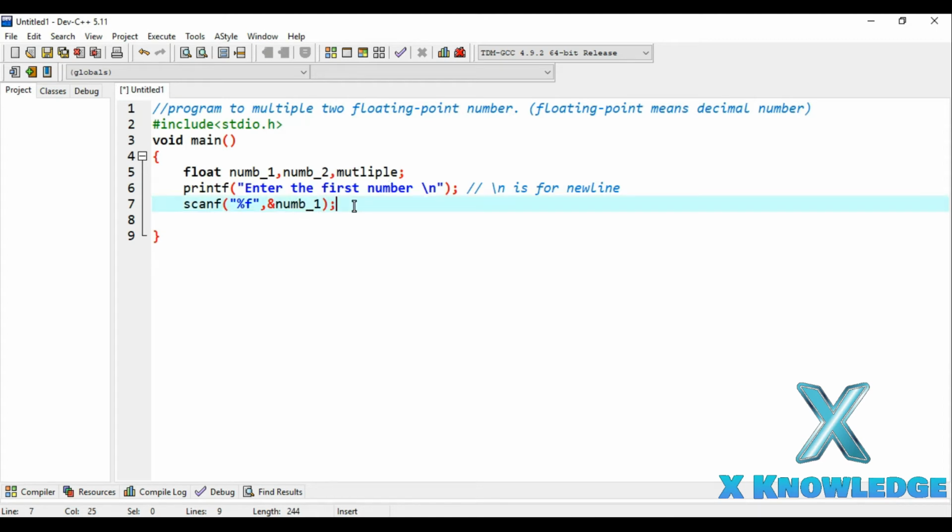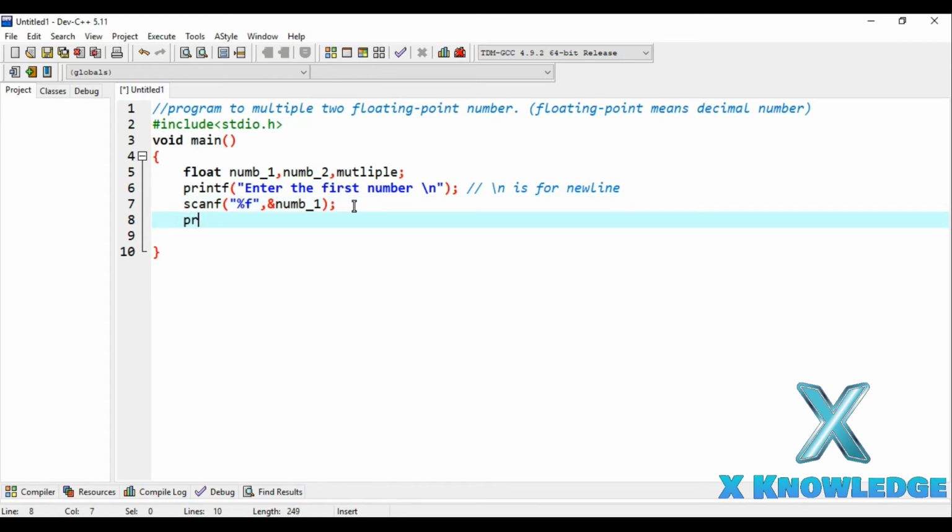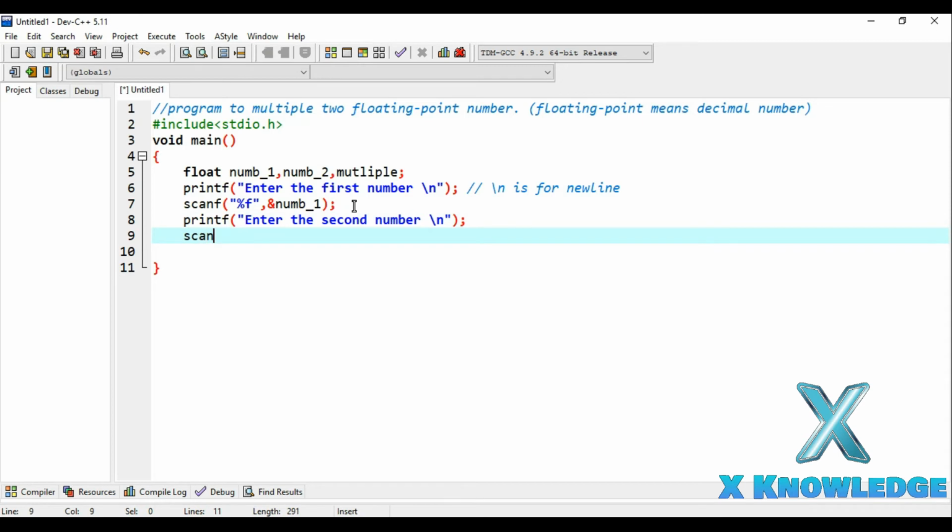The same way we will ask for the second number: printf enter the second number, and \n. I think the idea of \n is clear, and we will accept that number with the help of the scanf function, that is %f and &num2.